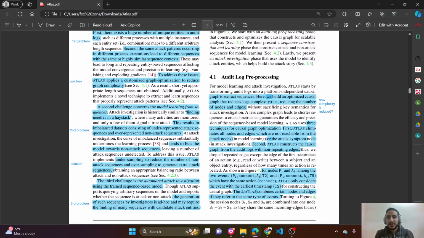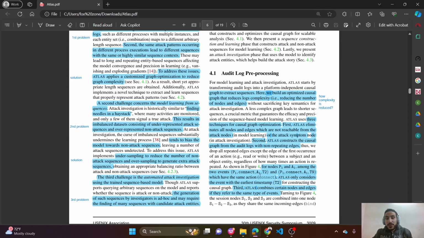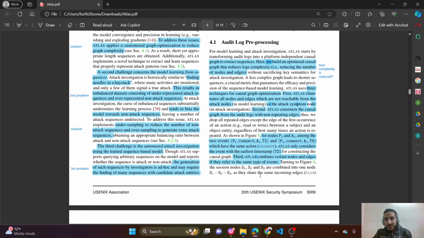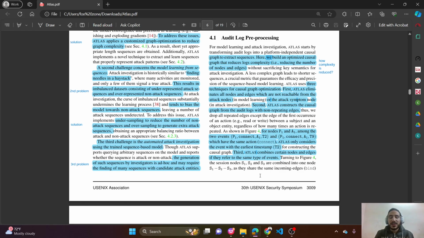The first thing in this section is called audit log preprocessing, and this is the stage that we build the causal graph in, and we optimize the causal graph. As I've said before, optimization is something essential because once you have recorded your audit logs, eventually you will find that the causal graph contains millions of logs, millions of nodes, entities, actions, events. So you have to optimize this causal graph so eventually your algorithms work in a proper manner and do not